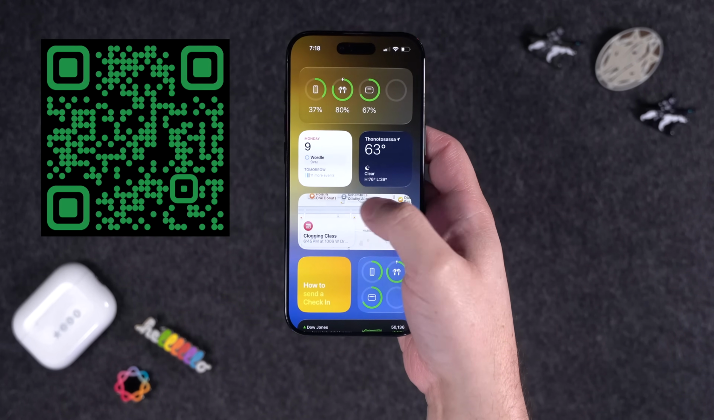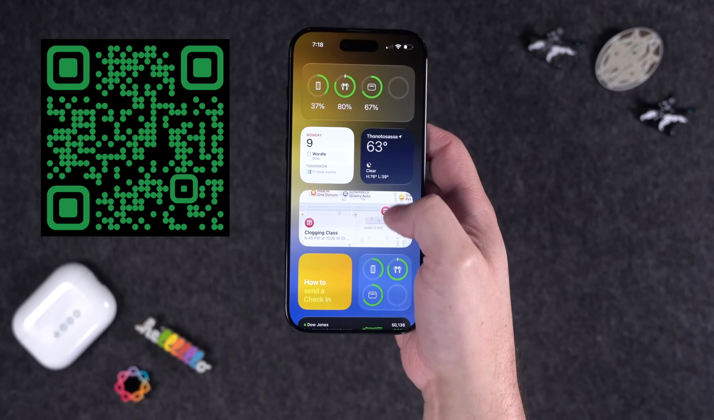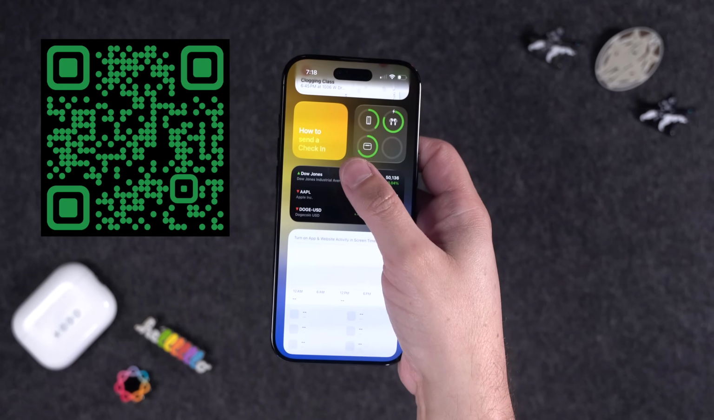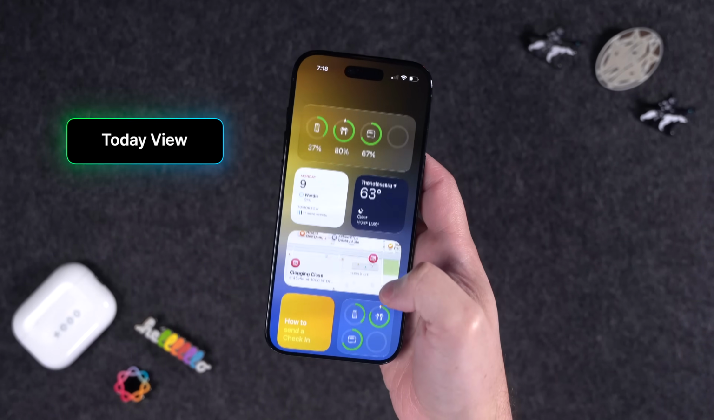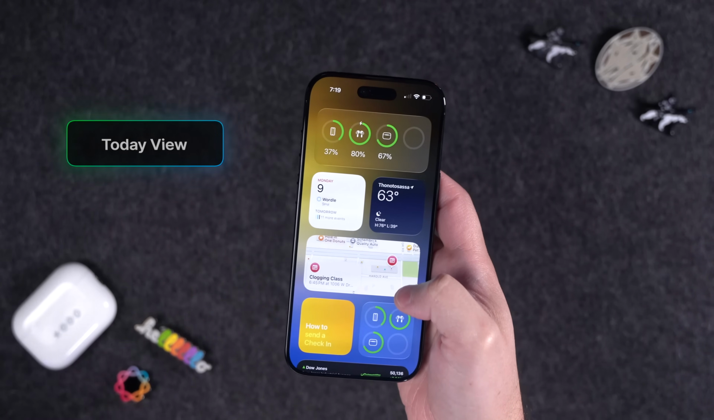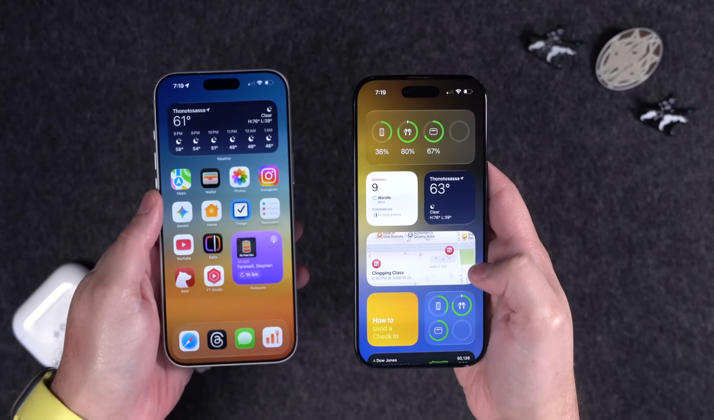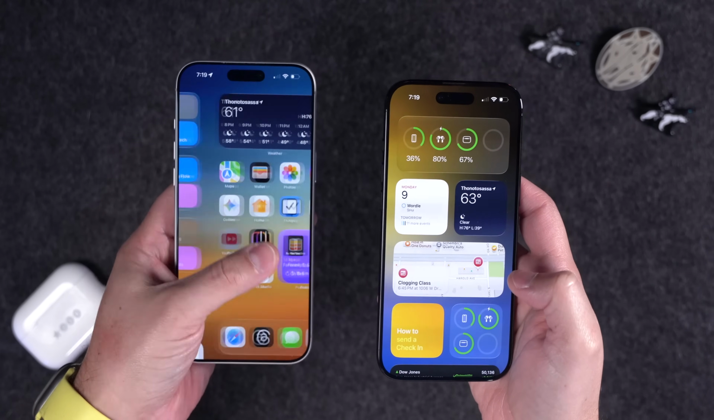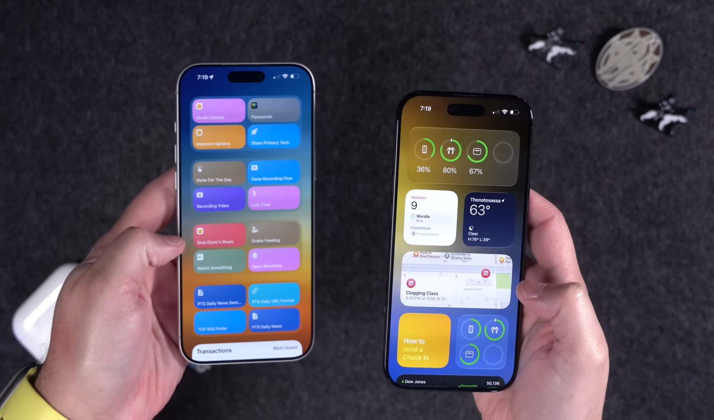By default, Apple puts things like weather, calendars, random maps, things like tips and stocks. I like to redo this entire Today view because that's where I run a lot of my shortcuts. This is my 17 Pro Max, which is my daily driver. And when I swipe over to the Today view, you see I have a bunch of shortcuts here in the